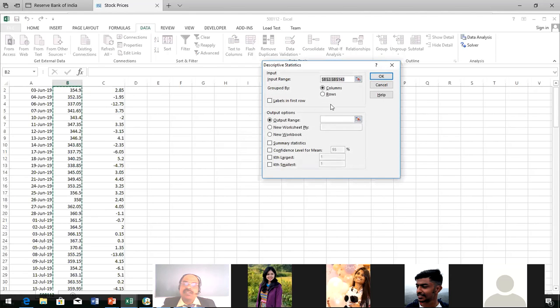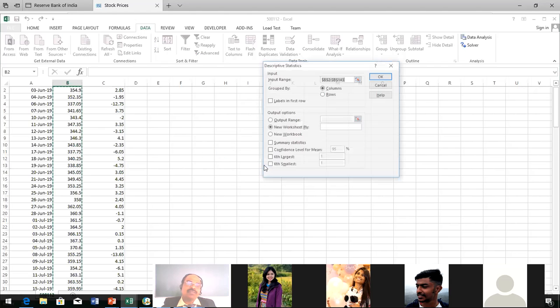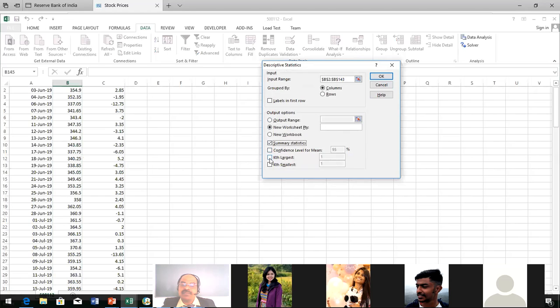Oh, I have not given the output. New worksheet. Labels, summary statistics, smallest.